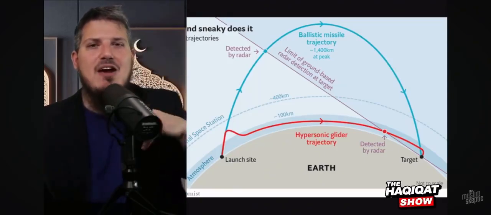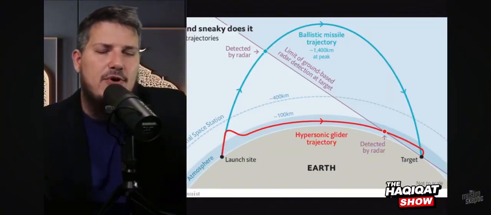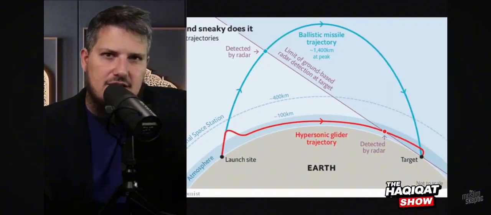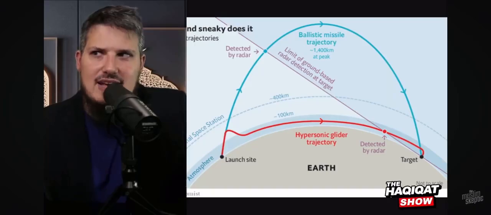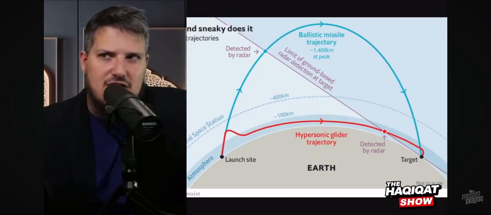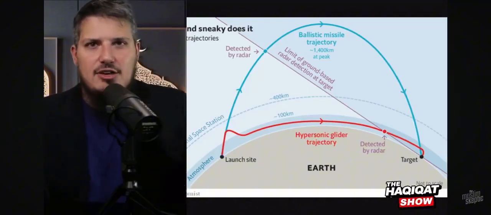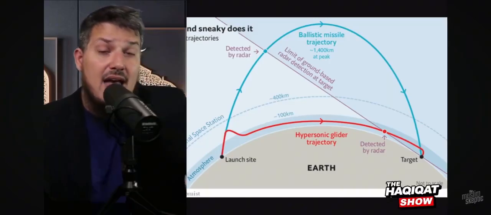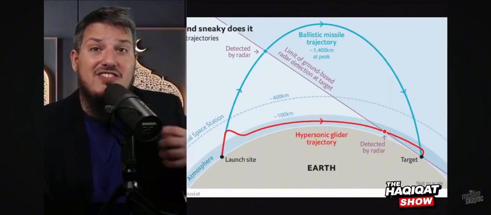If you have a parabolic trajectory with the ballistic missiles, the blue line there, it's a simple calculation. If you know high school math, you know algebra, you can actually do the calculation. Maybe you need some physics knowledge as well, to look at the velocity, knowing the gravitational constant, etc., to calculate the parabolic trajectory. Even a high school student can do it, but you have these computers that are calculating that once the ballistic missile is detected by the radar,